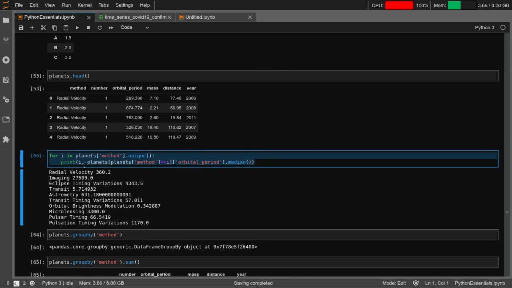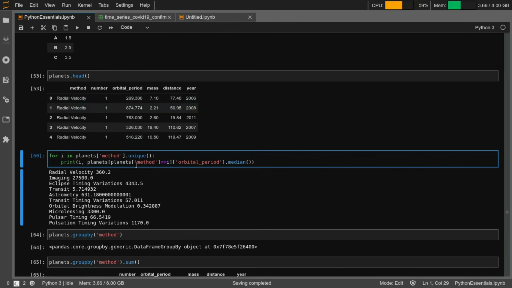One more, so if you were to actually do this manually, again you might have iterated through all the rows and then taken out, let's say for this method column, some unique values. Radial velocity is 1, imaging is 1, eclipse is 1, and so on, right? These are the unique values. For each of these methods you wanted to calculate the median, mean, or sum or whatever, right?